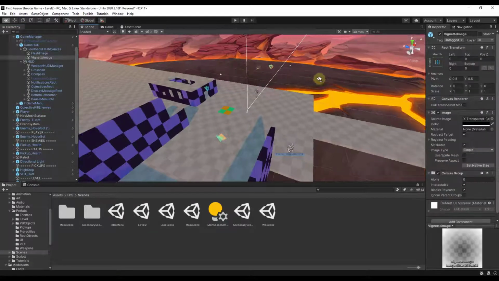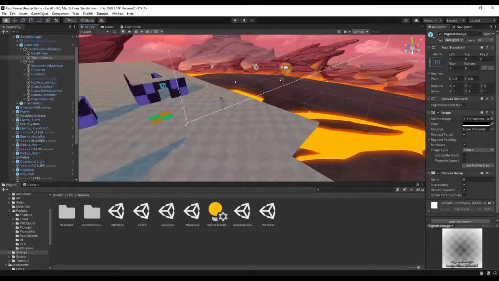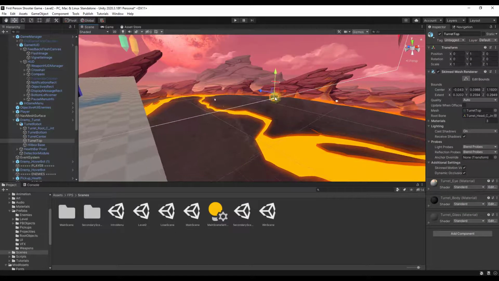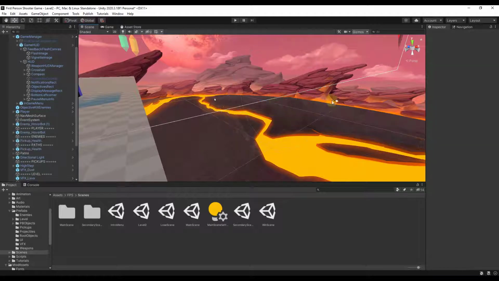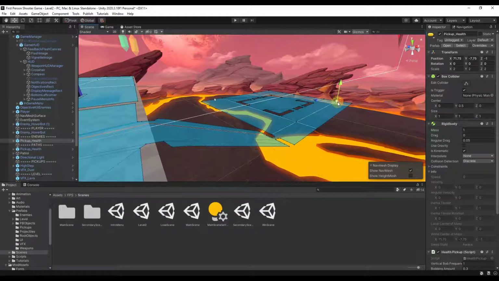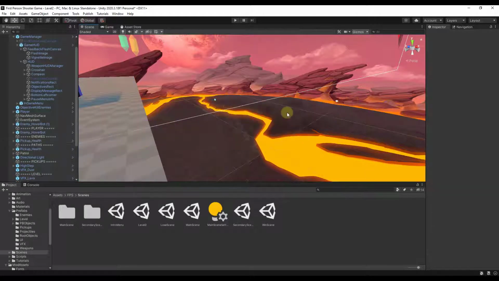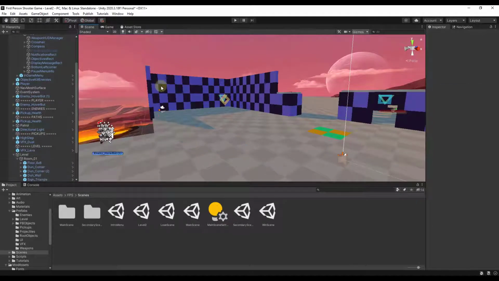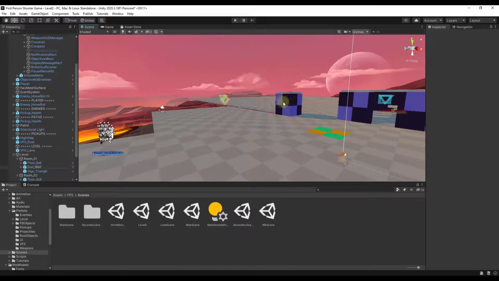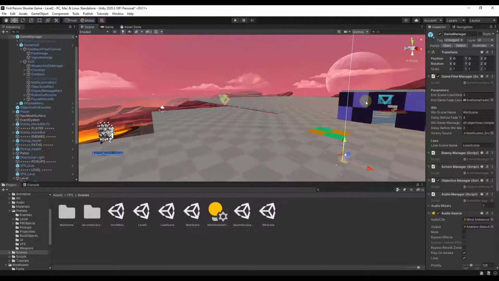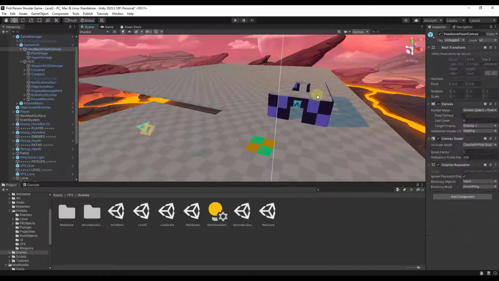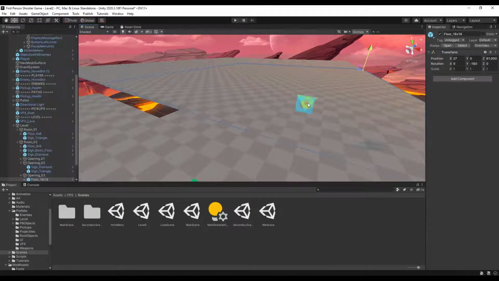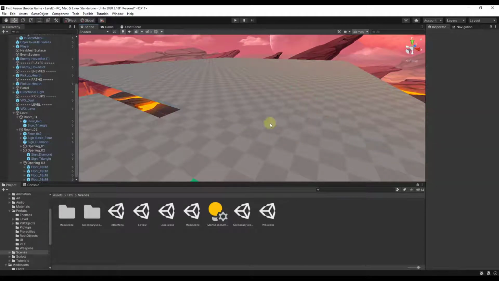So what I'm doing is coming in here and getting rid of the things that I don't want, and then I'm going to use prefabs in order to build my own level. So we're going to go ahead and delete out this enemy right here. We'll go ahead and delete out these walls too. You could probably delete out all the rooms, but I don't really want to do that. And then we'll just delete out the whole observatory, the weapon launcher, so that we're basically starting with a clean